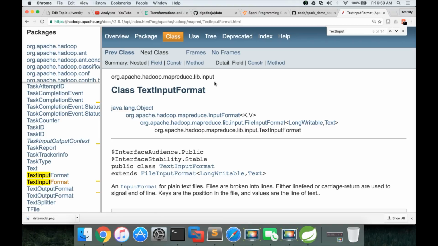And going forward you should use only the new API. There could be some applications already developed using the old API, but if you are trying to develop new applications, whether it is MapReduce applications or Spark based applications, Spark also uses some of the Hadoop APIs, and if you have to use